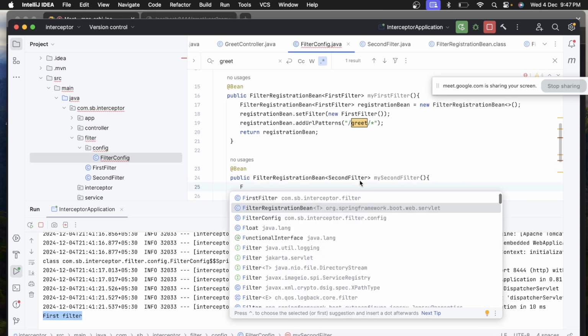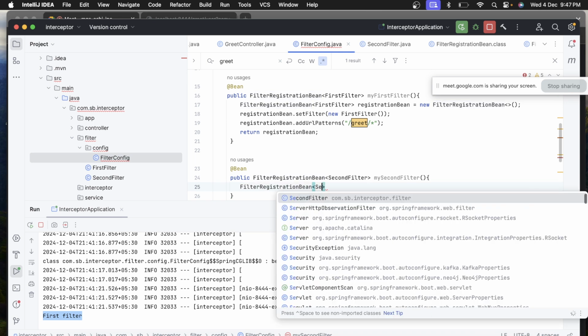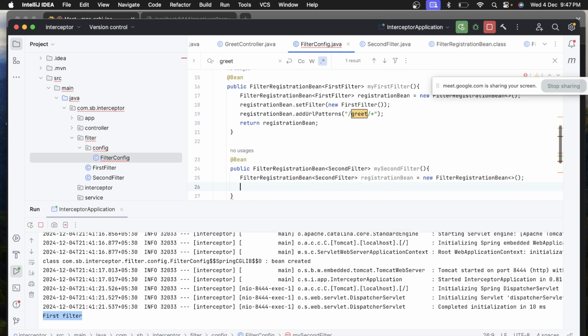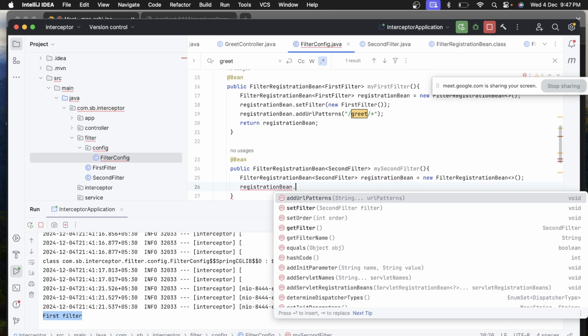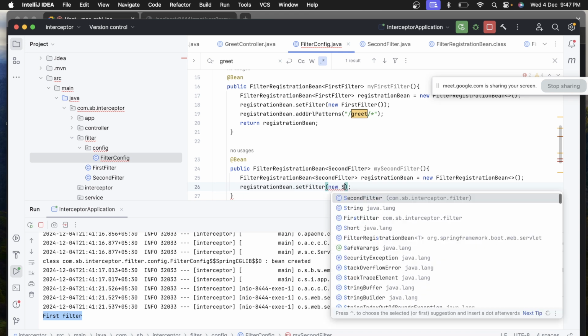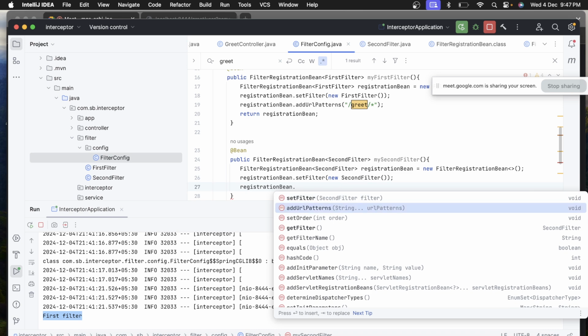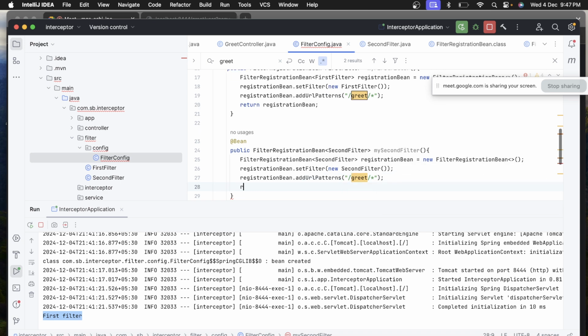And then FilterRegistrationBean, second filter, then registrationBean dot new second filter, right? Remember this thing we have covered in last session also, right? So the pattern we can keep the same because we are not going to create another controller in today's session. All right. Just return it, and registrationBean. Cool. So if we run this again,